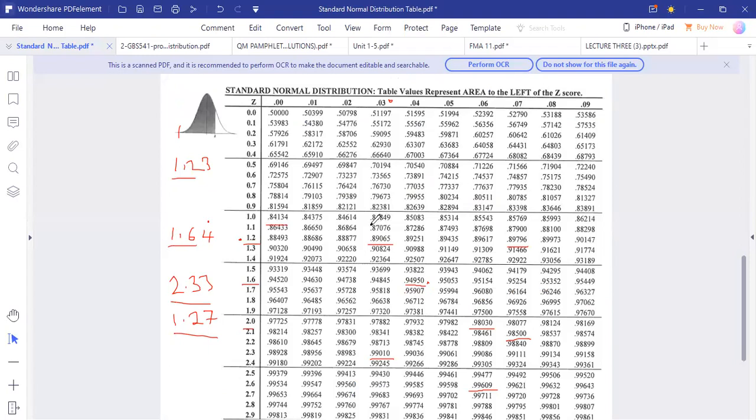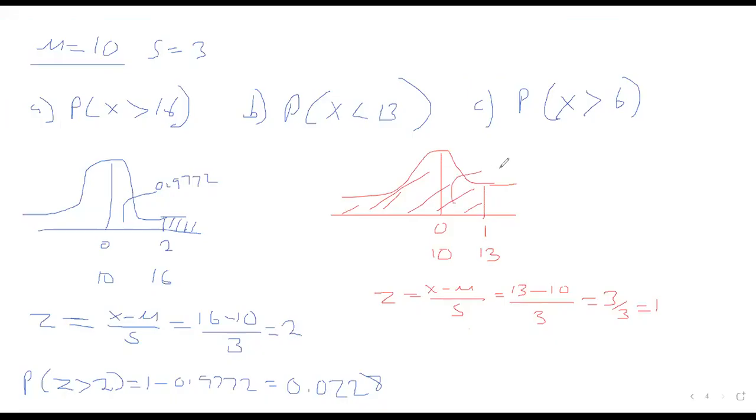0.8413. So this is 0.8413. Are we going to subtract from 1 or are we going to read directly? Read directly, because it's the area to the left. Yes, we're going to read directly because it is the area to the left. So we're not going to subtract, we're going to read it directly. So the reason why we're reading directly is because